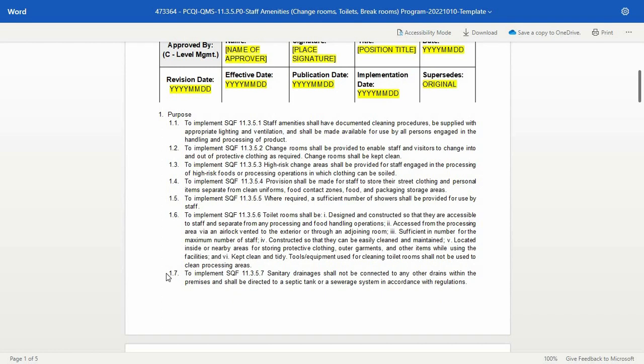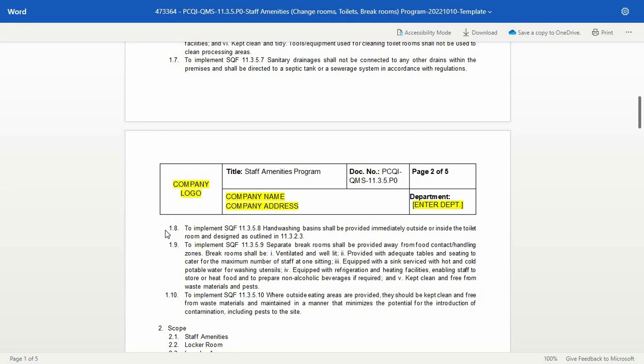Seventh, to implement SQF 11.3.5.7, sanitary drainages shall not be connected to any other drains within the premises and shall be directed to a septic tank or a sewerage system in accordance with regulations. Eighth, to implement SQF 11.3.5.8, hand washing basins shall be provided immediately outside or inside the toilet room and designed as outlined in 11.3.2.3. Ninth, to implement SQF 11.3.5.9, separate break rooms shall be provided away from food contact or